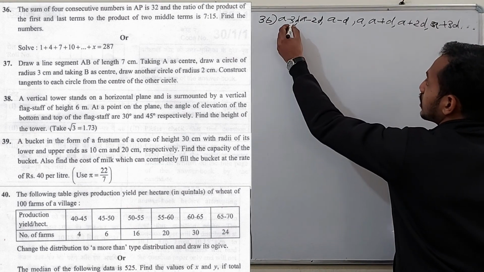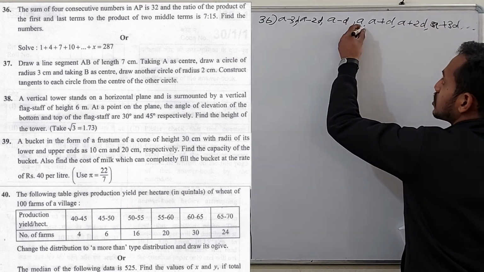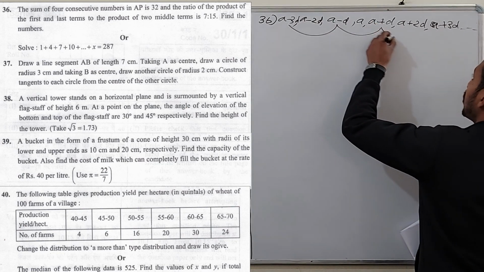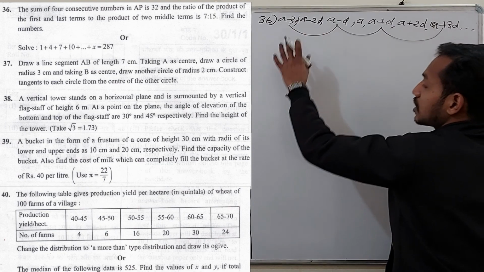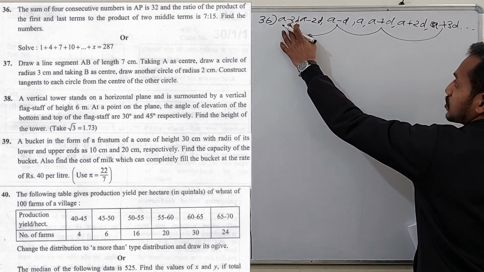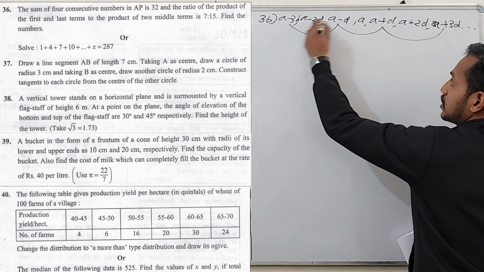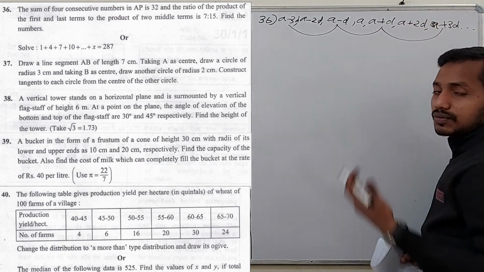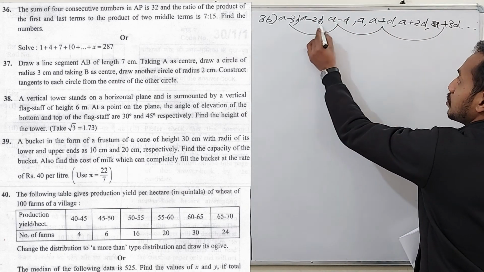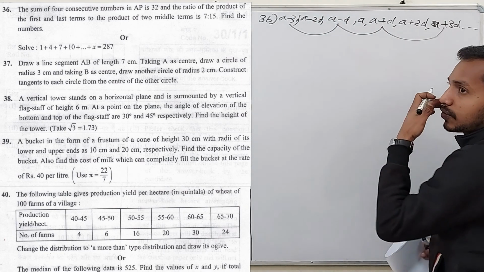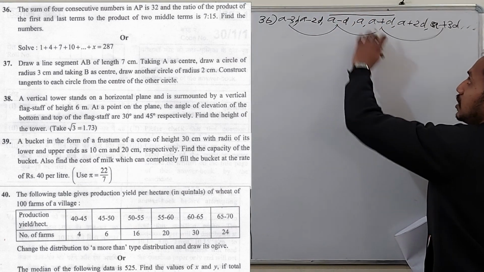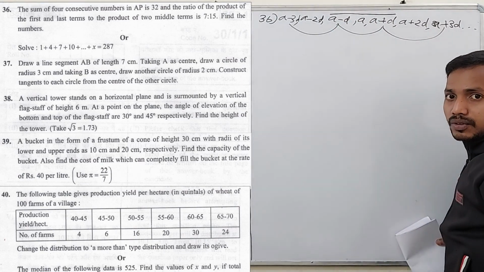So here we will get a, but don't take this a; instead of that we are taking the alternative ones. If the number of terms is even, because in this question 4 consecutive terms are there, that means 4 is even, so we are taking these alternative ones. If the number of terms is odd, then take the continuous ones, the middlemost numbers, including a. For example, if it is given the sum of 3 numbers, you can take a plus d, a and a minus d.